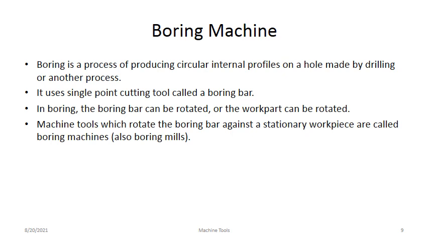So a 33 mm hole is required as per your drawing, as per your design. First, nearer to that, you make a hole with the help of the drilling machine. A 33 mm standard drill bit is not available in the market, so you make a 32 mm hole on that workpiece. After that, you send it to the boring operation. The already drilled hole you can enlarge as per your requirement. So a 32 mm drilled hole is there in the workpiece, but your requirement is 33 mm. With the help of a boring tool, you remove the 1 mm of material from the already drilled hole. Then you can use that.